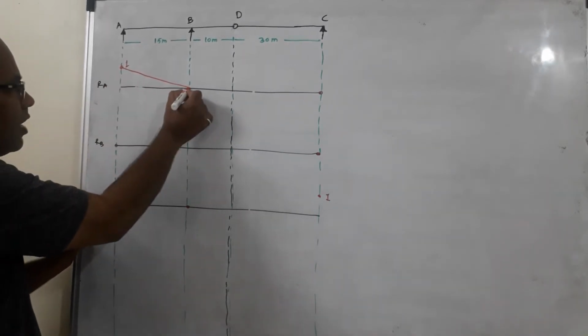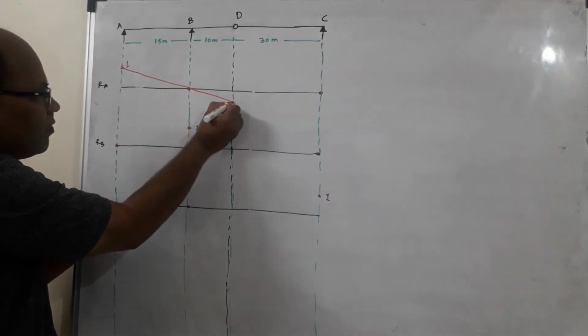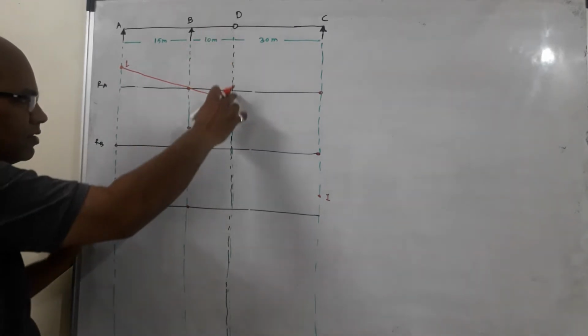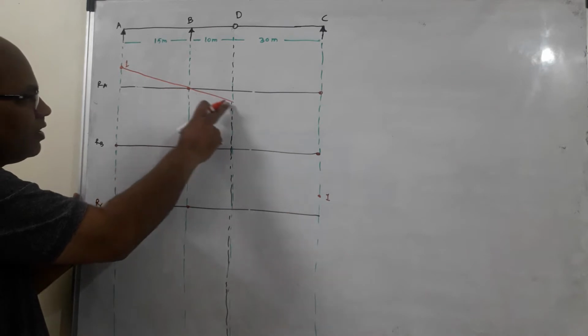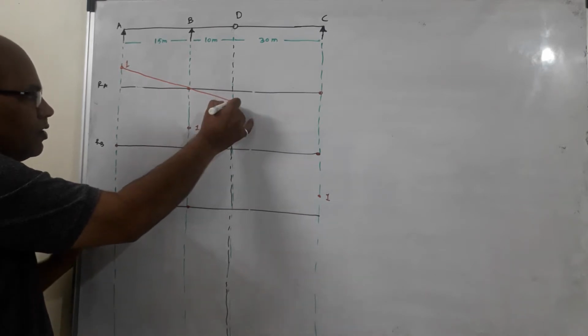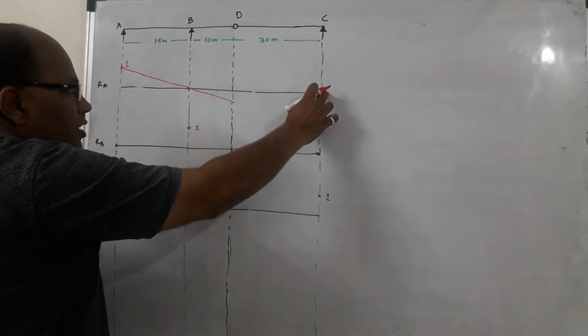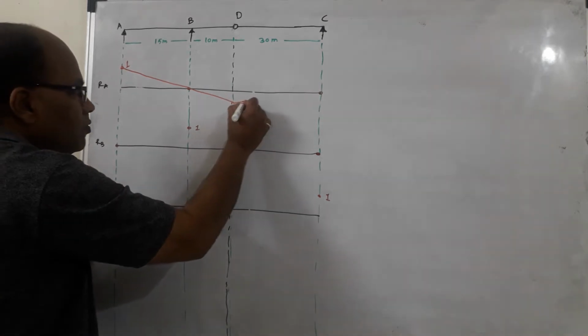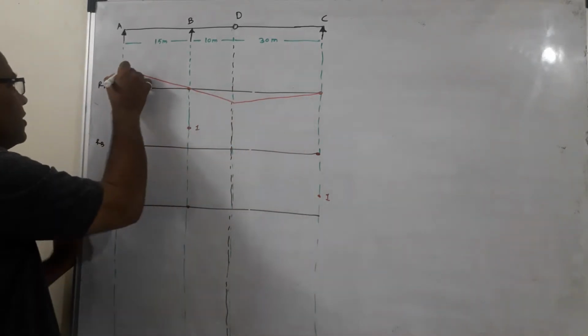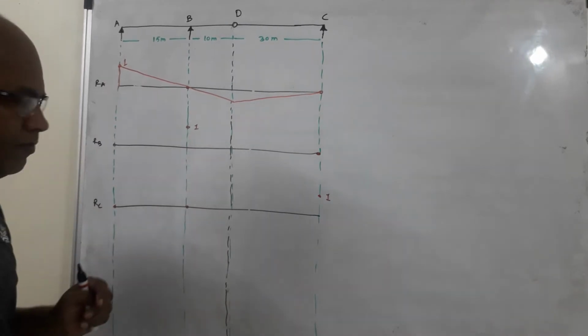Join these 2 points and extend the same line in forward direction till the hinge is reached. So, I am extending this line till the hinge is reached. Stop over here and we know this point, that is the point C, and these two points are to be joined. So, it represents the ILD for RA.